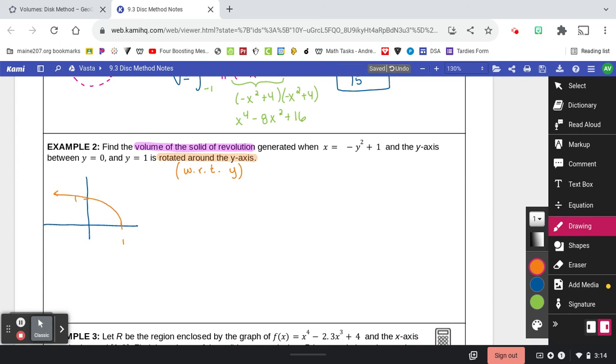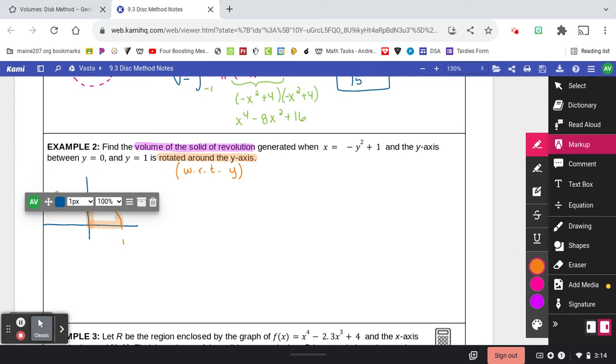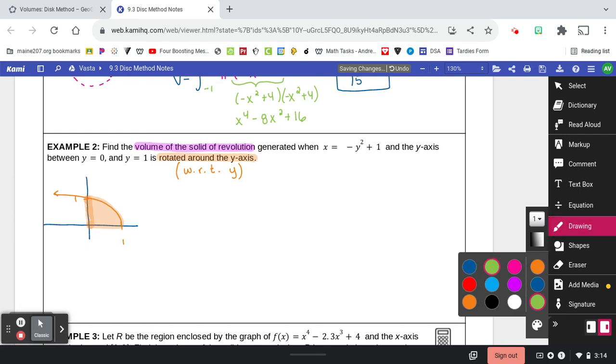Now we want the region between the y-axis and then from 0 to 1 on the y-axis, which means we're looking at this region of the graph right here. And y is going from 0 to 1. If we revolve that around the y-axis, the other side of this region would be here,